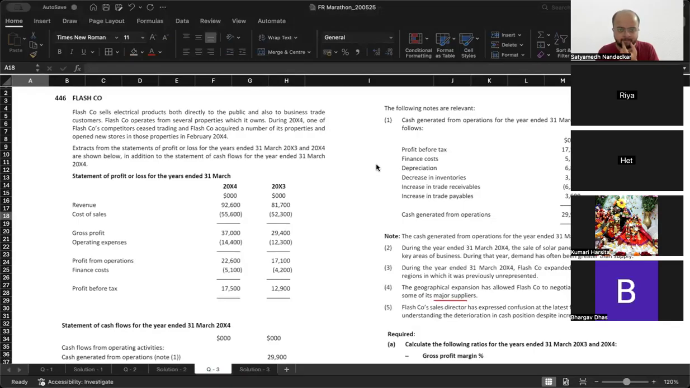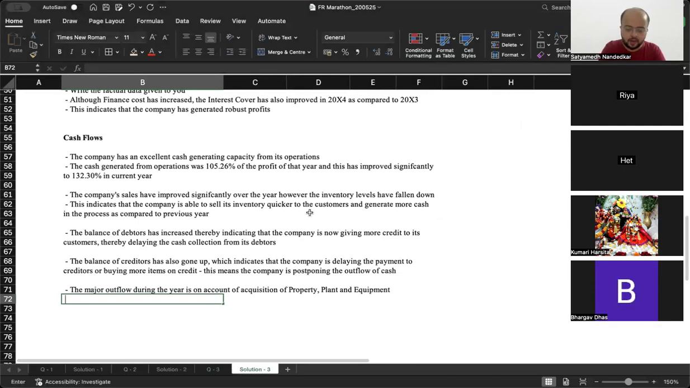Flash company has acquired a number of properties and opened new stores. Very good. It has acquired new properties and opened new stores. उसके वजह से the cash outflow has gone up. This is on account of the fact that